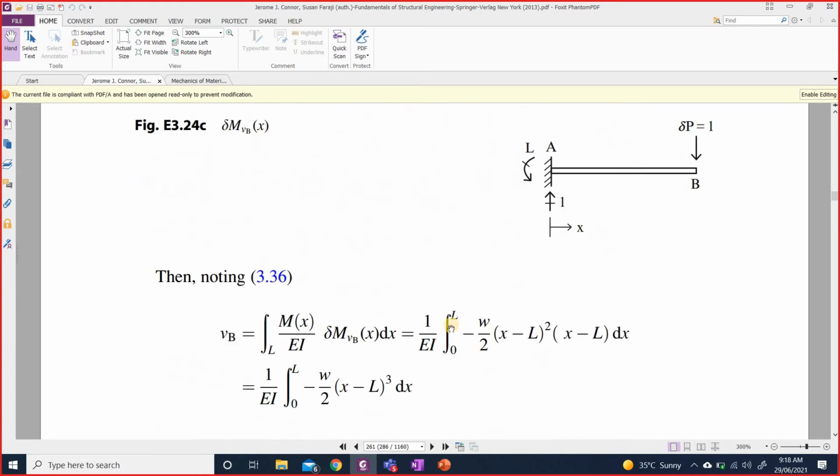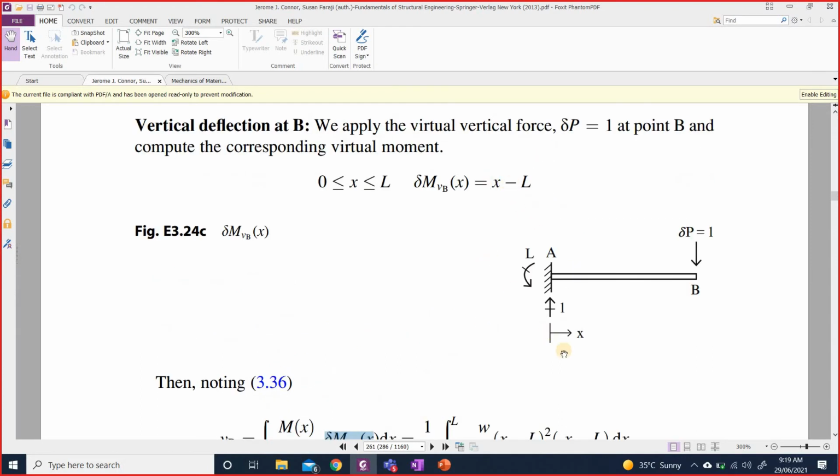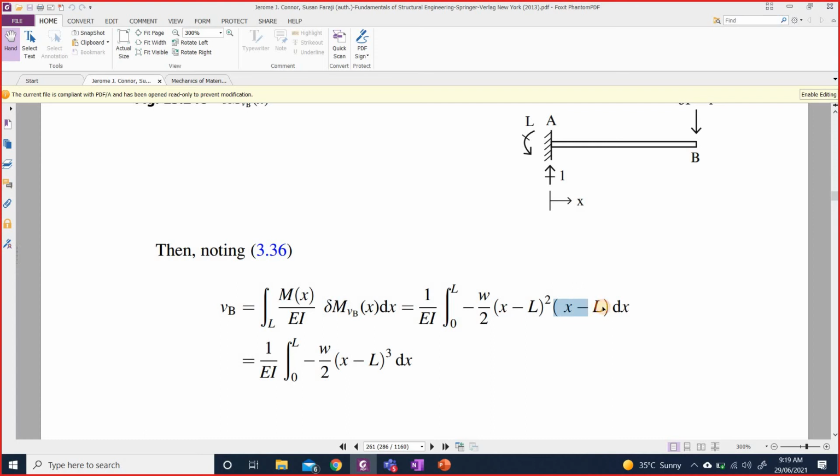So m x substituted over here, and then delta m v b x, you can substitute this x minus L. So this is where x minus L, and then you just need to perform the integration. I mean, I shouldn't be explaining how to integrate. Okay, so x minus L squared times x minus L will become x minus L whole cube,